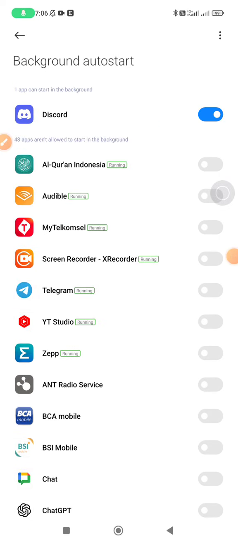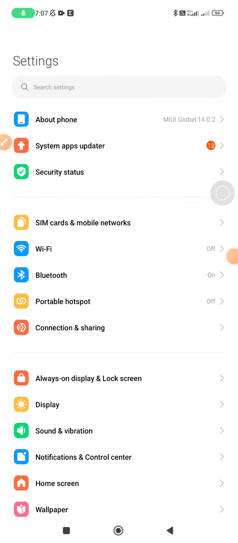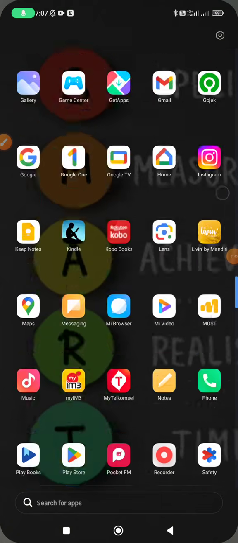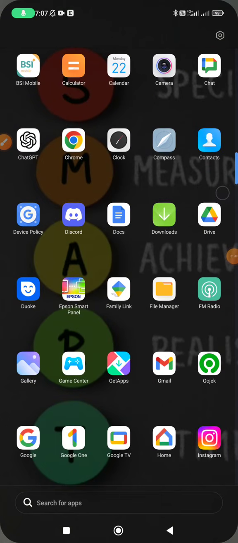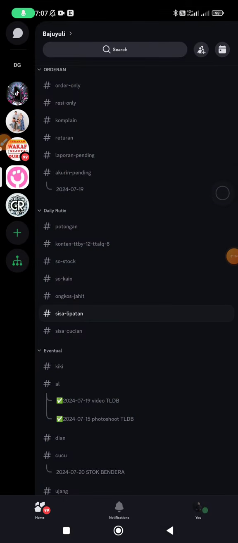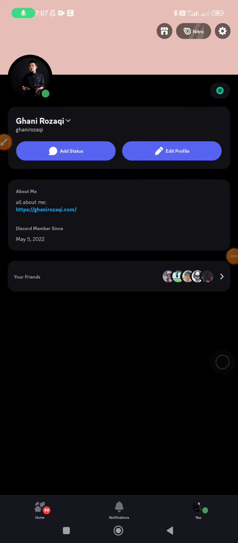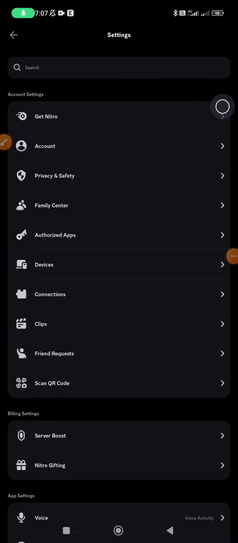And then the last thing you have to do, after you finish setting up the system, you open Discord. Now we have to set up the configuration inside Discord. You find your profile down below, click your profile, and then click settings at the upper part, and then